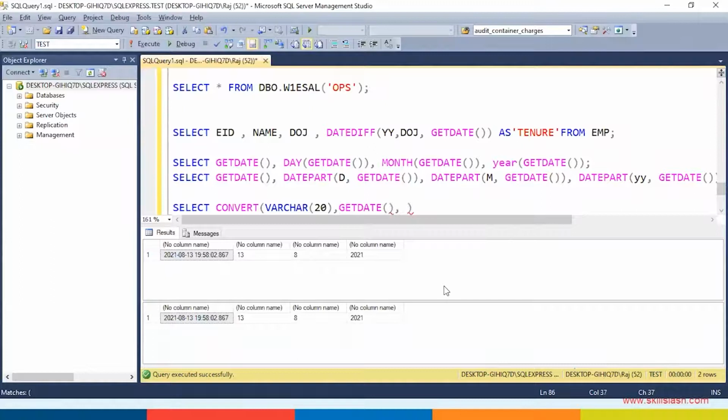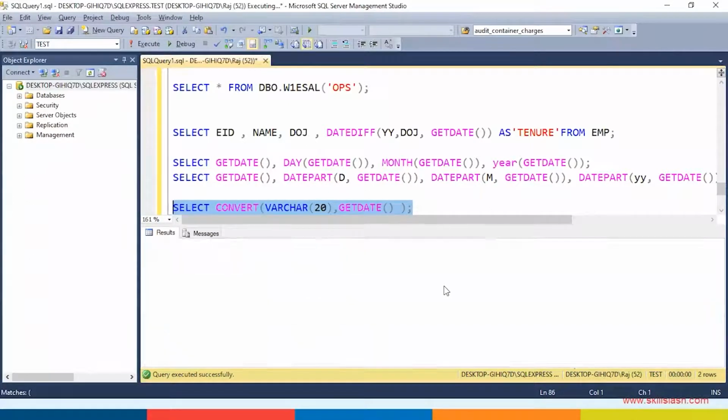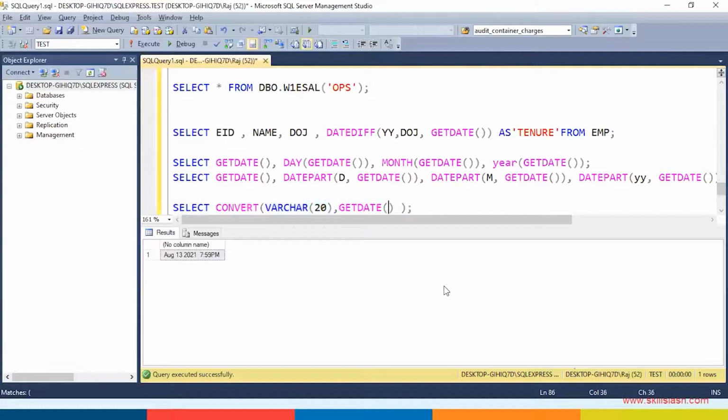I wanted to convert the date into the character data type. Let me also write GETDATE over here so you can see the difference. By default, it shows the date as 2021-08-13. But when converted into a character type, it displays August 13, 2021, 7:59 p.m. This is how you get the date.